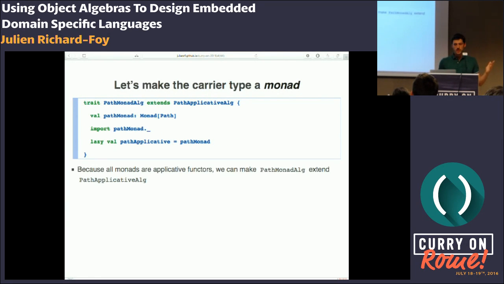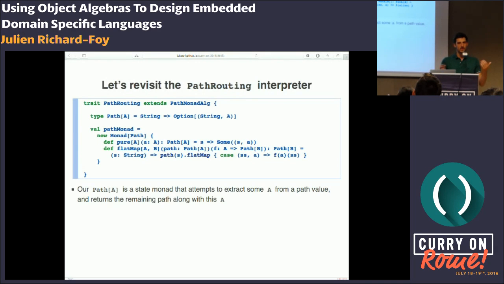Or we could also say that the path type must be a monad. So again, we extend the algebra interface and we define this abstract member of type monad of path. And here, because the monad is also an applicative functor, I'm actually extending the applicative interface rather than the path interface. So what's the point of all that? We will see in a few slides, don't worry. Then, at the interpreter side,